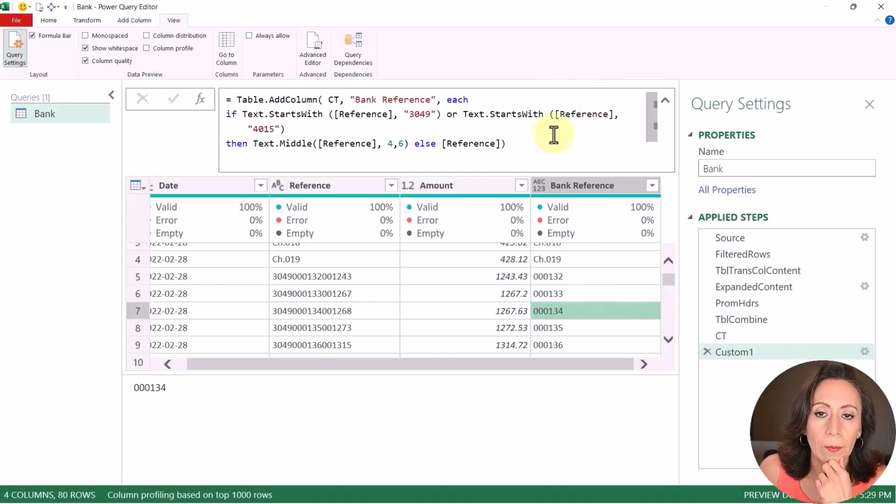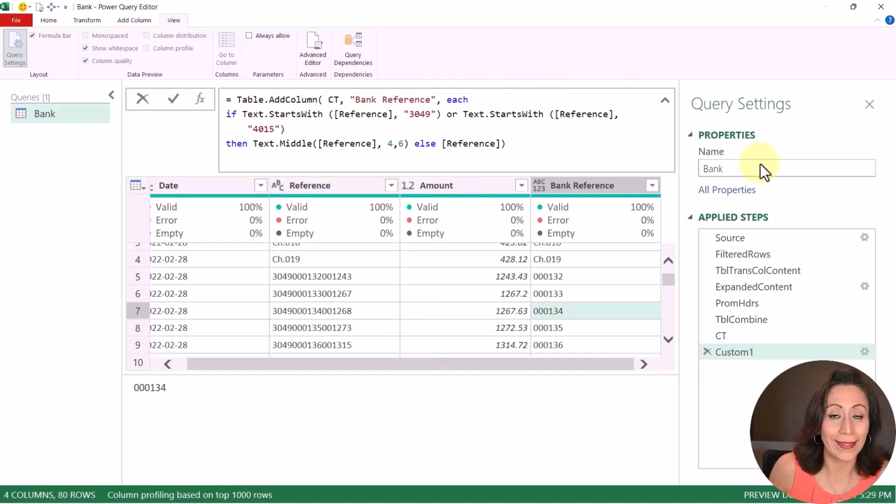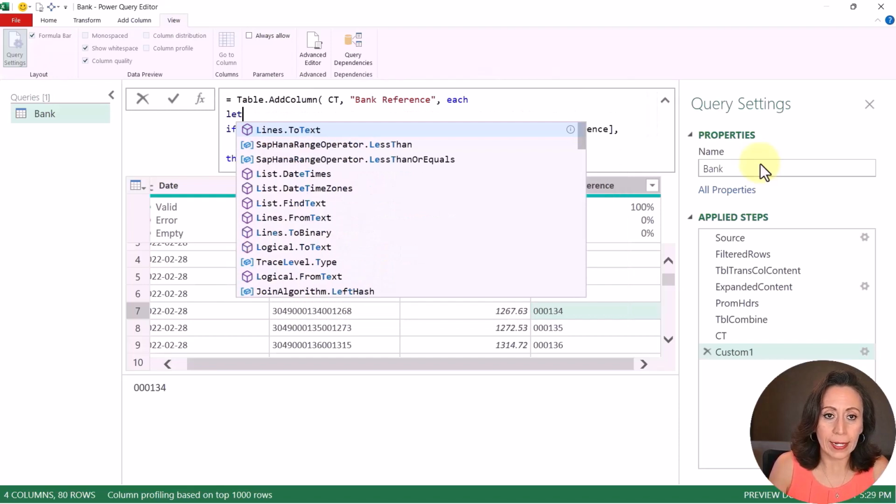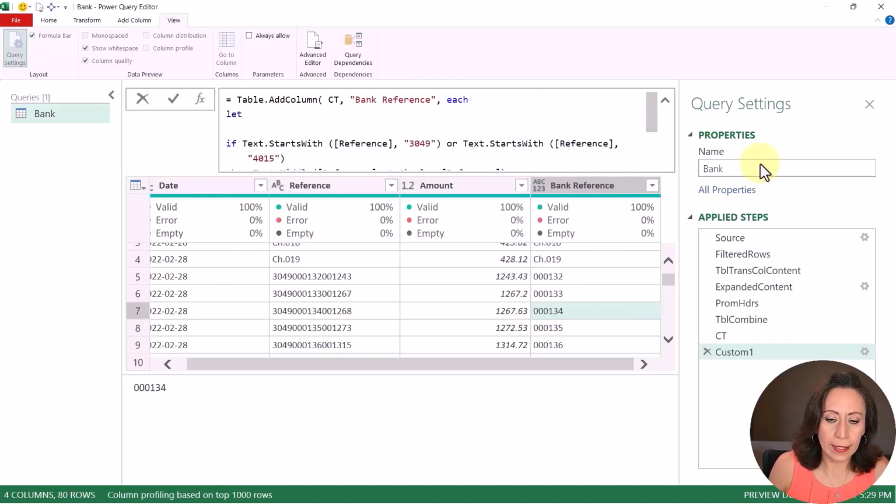So we're gonna modify this a little bit. And I want to do it here because it's easier for me to show you every single step. It would be better to do it in the advanced editor, but every time that I do something here on the formula bar, you can see the change happening on the table right away, right? Right here, after where it says table add column, let's work with another let, nested let. Shift enter. So when I say let, shift enter again, and let's say now it's gonna be M